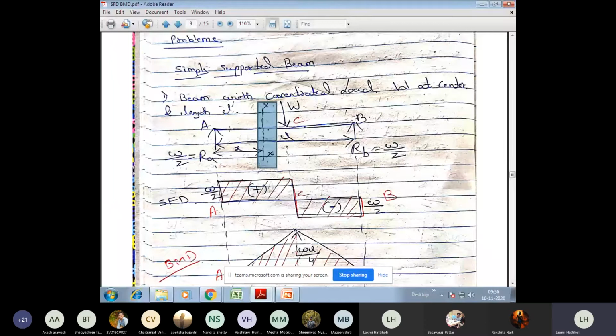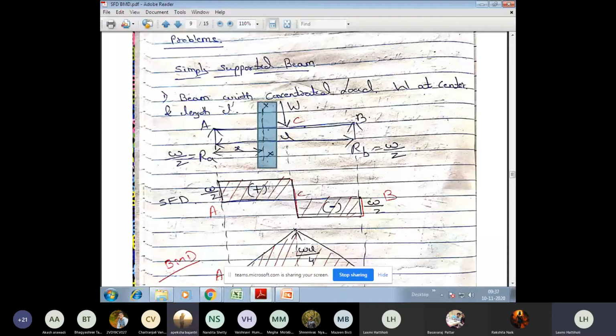And remember one thing, in the bending moment diagram, upward or downward force will not come into picture. What comes into picture is whether it is sagging or hogging, or whether it is clockwise or anti-clockwise. Yesterday I showed you the diagram and explained what is sagging and what is hogging. Do you remember that? Sagging is considered to be positive, hogging is considered to be negative. Do you remember that? Yes, ma'am. Right. Okay, fine.